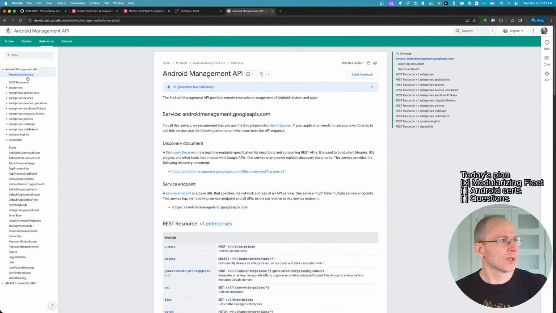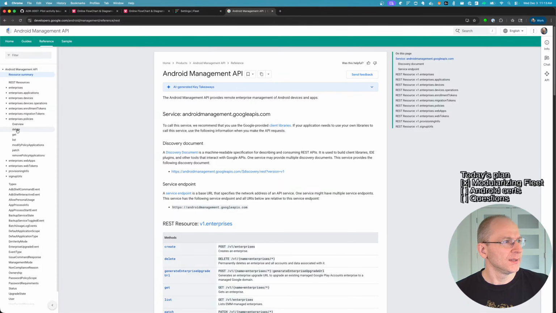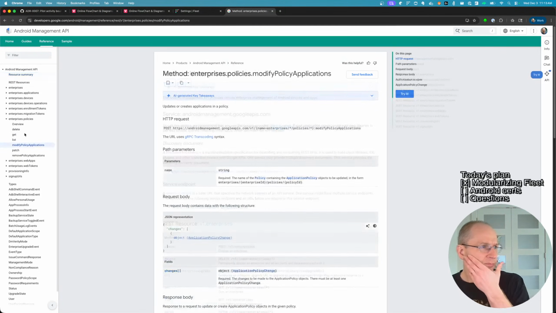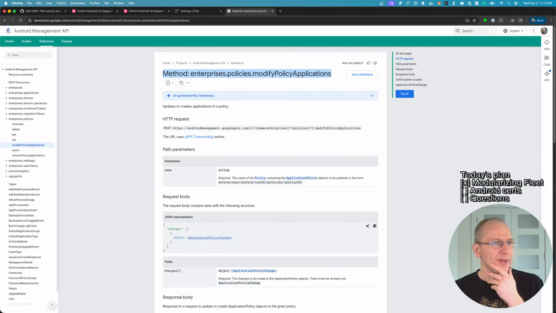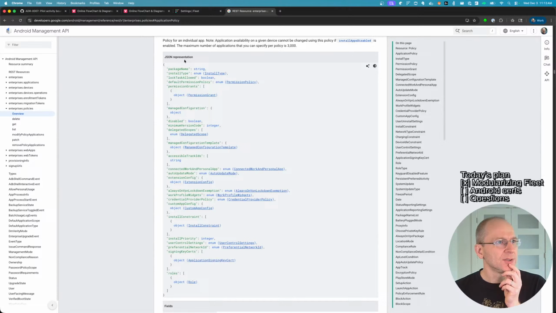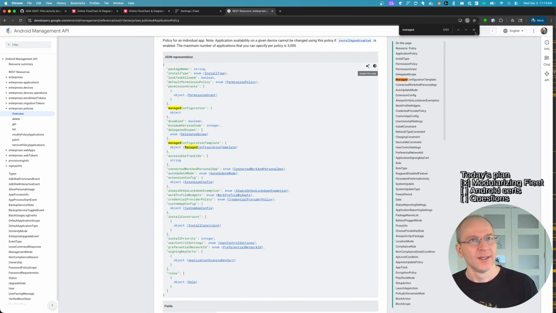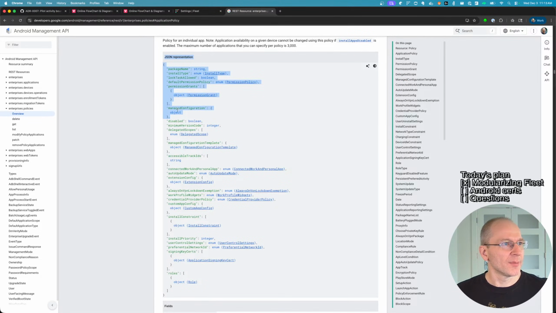Oops, reference. So we're talking about policies. This is the actual call we're going to be using, modify policy applications. Let me see, manage, and then we should have manage configuration template. That's something a bit different, but related. Why am I not seeing managed configuration? Yeah, it's a generic object, so basically you can pass in anything, and then the app on Android